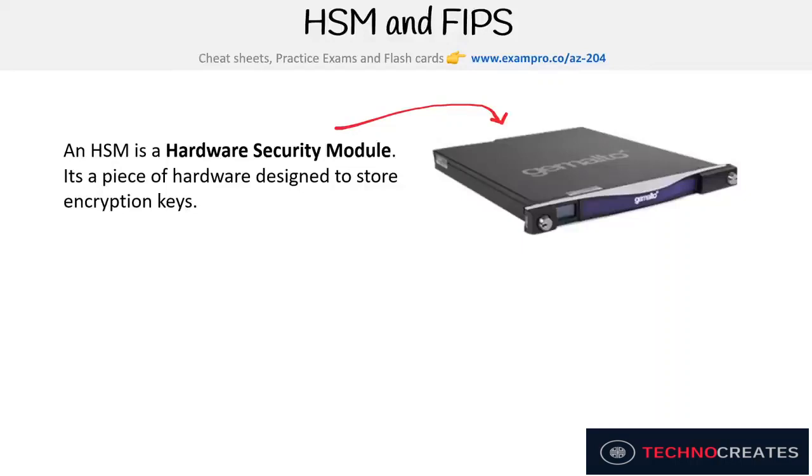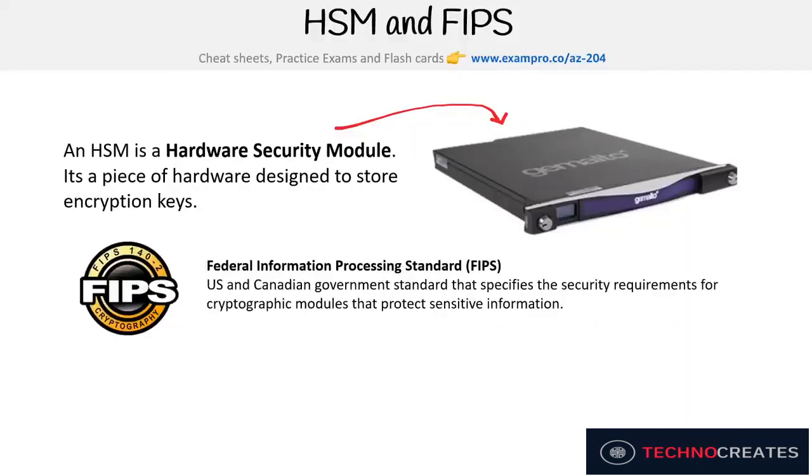I'm not sure how to pronounce it, but the idea is that these are pieces of hardware that are extremely expensive but extremely specialized for holding keys in memory, not even writing them to disk, so that there's no chance of somebody stealing those keys if they were to take the device. And then there's the standard of FIPS, also known as the Federal Information Processing Standard. This is a US and Canadian government standard that specifies the security requirements for cryptographic modules that protect sensitive